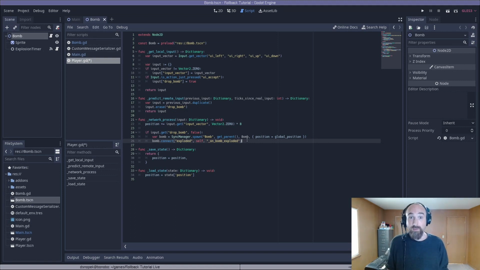But this is a problem. If the bomb is respawned due to a rollback, this code, the bomb.connect, won't actually run. This only runs when the bomb is spawned with ticks executing sequentially, going forward normally. To ensure that this happens every time this scene is spawned, you need to connect to the sync manager scene